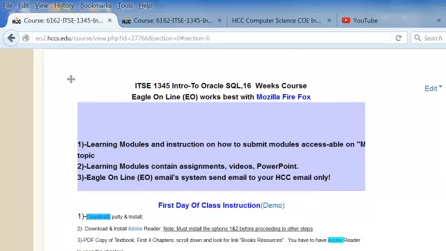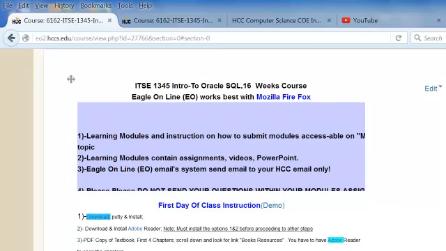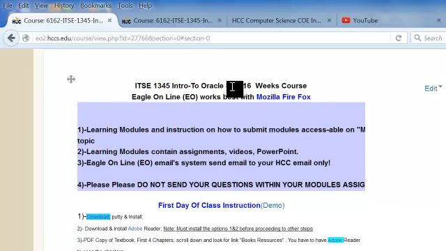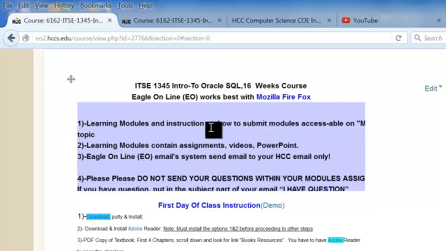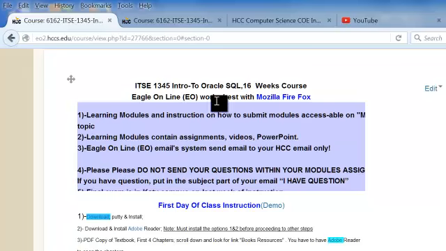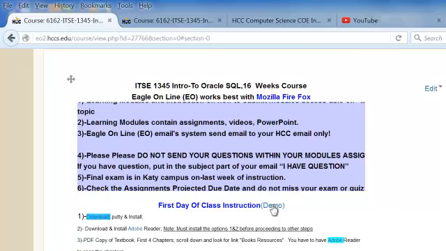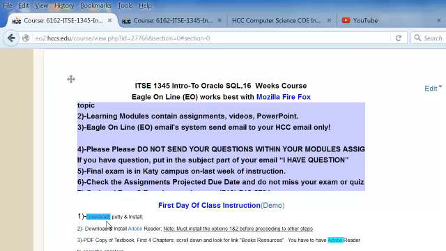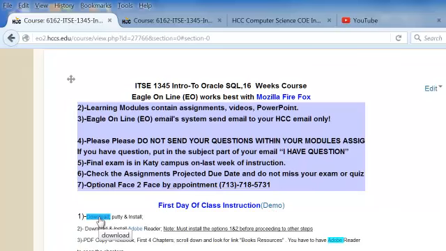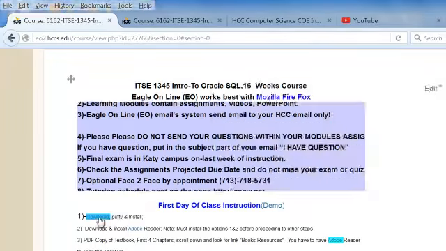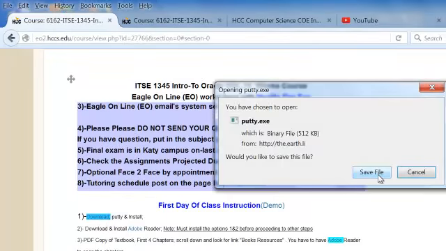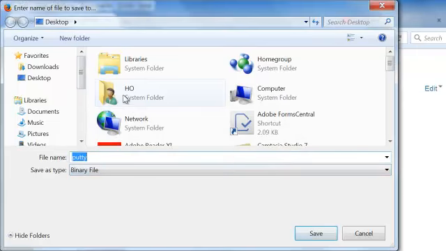Here's the instruction that you're going to see on the first day of the class. When you log into the page on the HCC website, you will see the following screen. This demo is posted right here. The first thing that you have to do is download PuTTY. Click on download, save it to a location on your desktop,